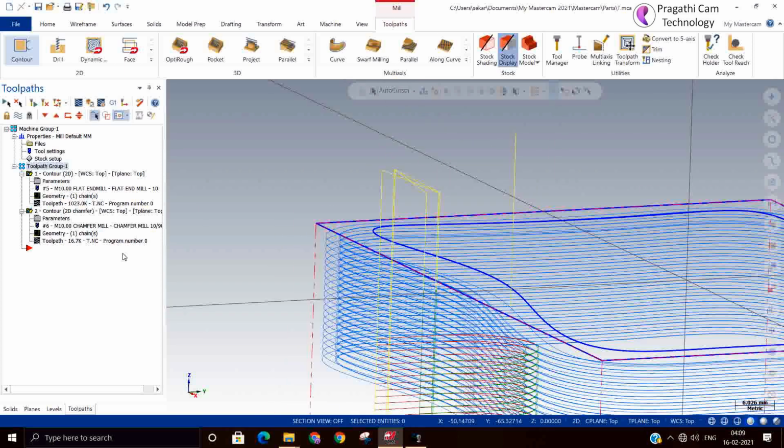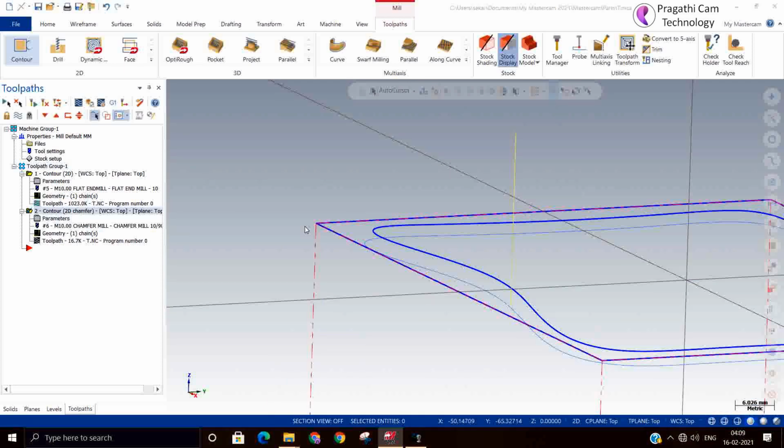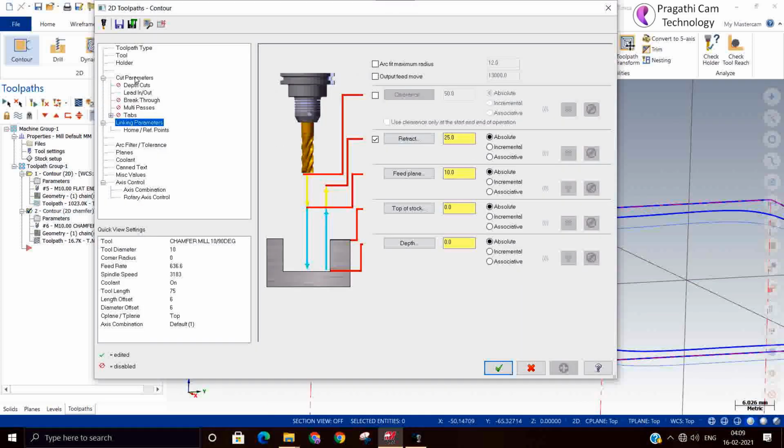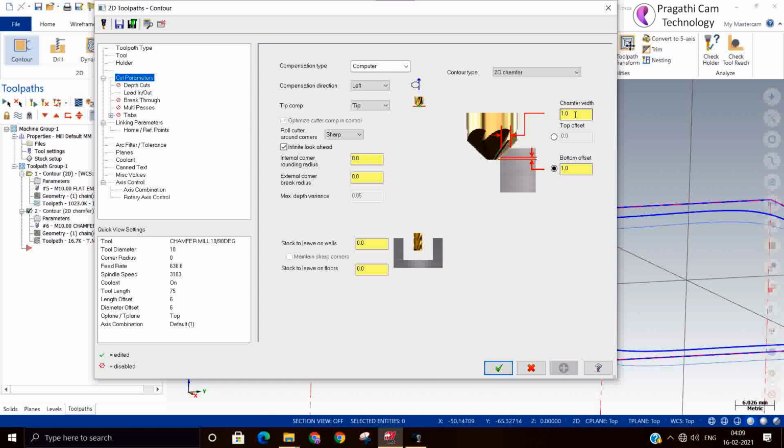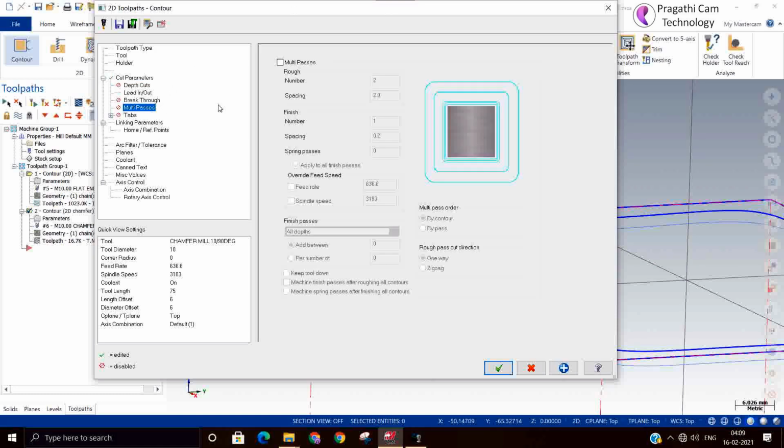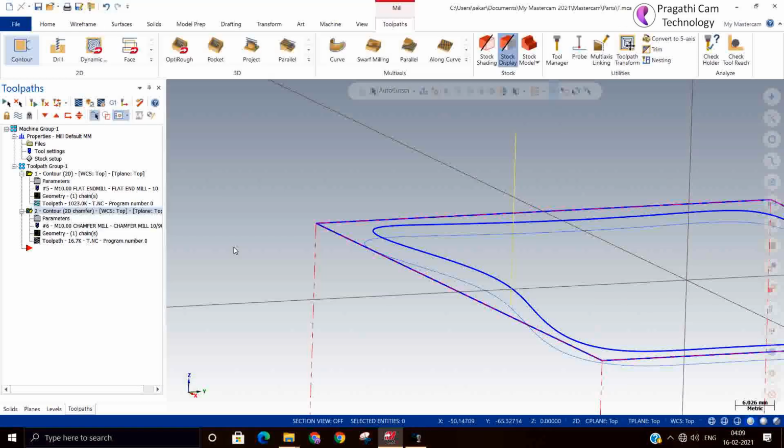Suppose the chamfer width is 2 mm, so it's difficult to cut in a single pass. The load on the cutter is definitely going to be high. At that time you can utilize the multi-pass option. You can give 2 passes, and you can switch on the finish pass also.